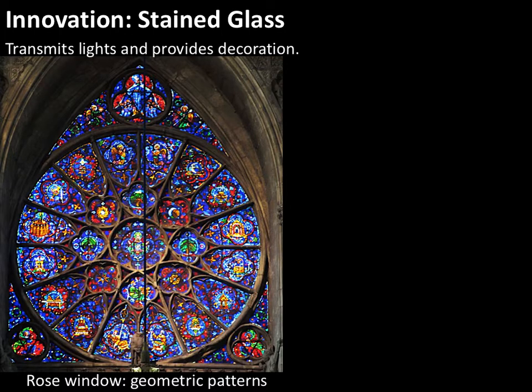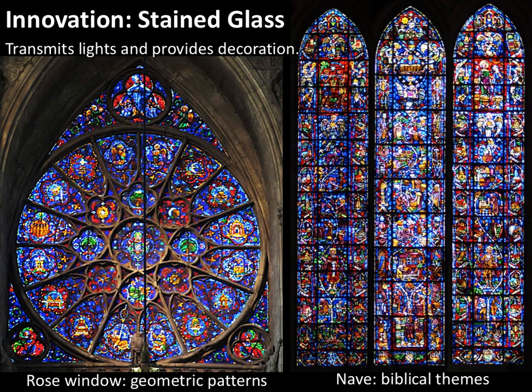So here you see a rose window with some kind of geometric pattern that's emphasized in the tracery as well as in the actual glass work itself. This is the rose window in the Reims Cathedral we've been looking at. Now in the clerestory over the nave, same cathedral,